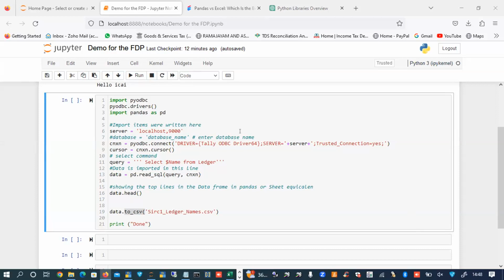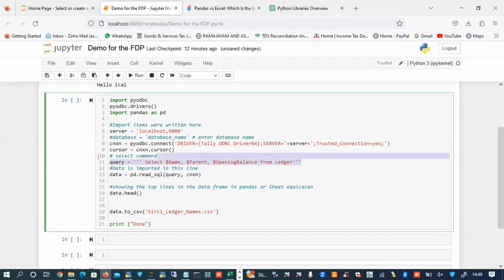So one doubt, sir. Can I achieve the same task like what your TDL does, from this pandas, that select list name of the ledger, comma, like adding some more fields? Can I add that in this particular part, in the SQL code? Yeah. I can say comma, dollar parent. Okay. Comma, so I can keep on listing. Winning balance. Let's see whether it works, sir.